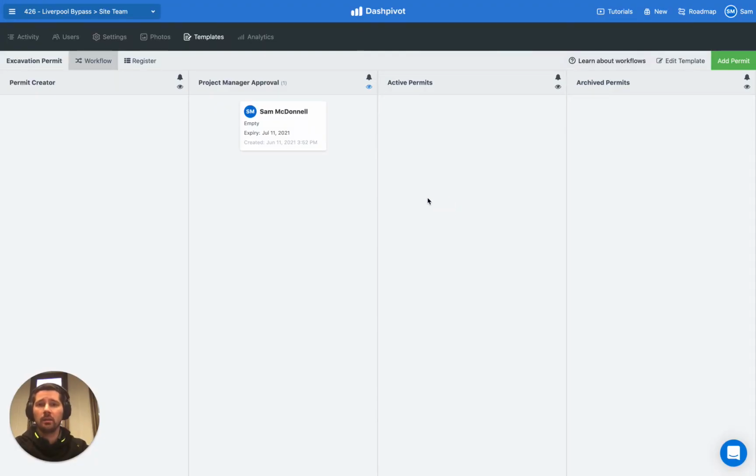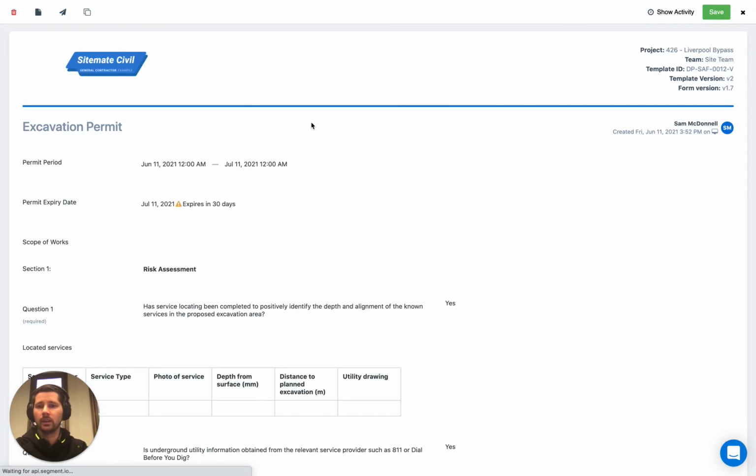So here we are back on the Dashpivot website. And if we want to print off this permit as a hard copy, we can easily do that. So we just open up the form. There's a couple of options up the top here. The option that we want to look for is this Download PDF option. So if we click Download PDF,